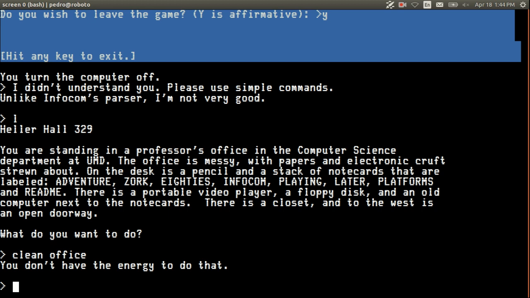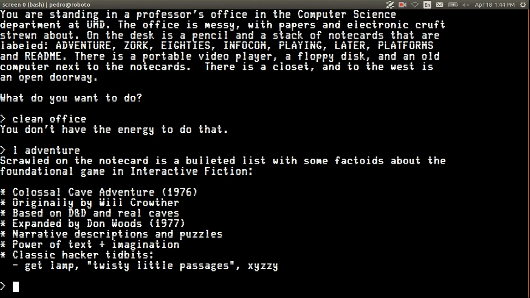How about this? Let's look at Adventure, okay? So Adventure was kind of the first major piece of interactive fiction. Maybe there's others that predated it, I'm not sure. It was Colossal Cave Adventure, often called Adventure or just Advent because of shortened file names. Originally written by a man named Will Crowther, he kind of based it on his playing of D&D and actual cave systems in the Mammoth Cave area. It was expanded later in 1977 by a guy named Don Woods, who added more stuff, puzzles, items, things like that.